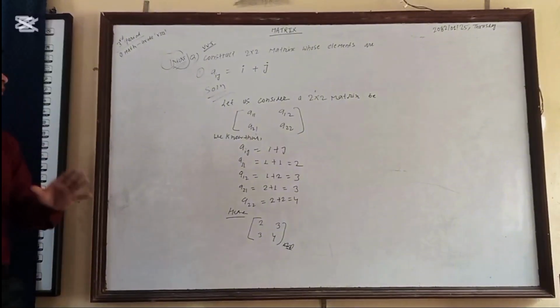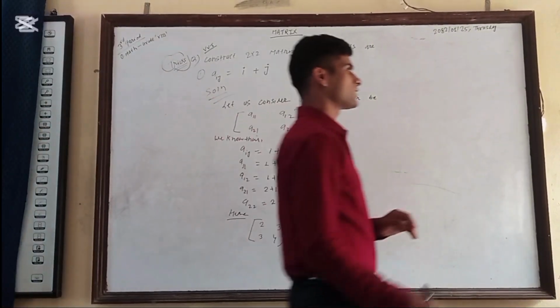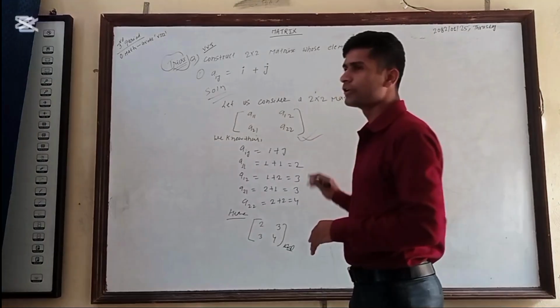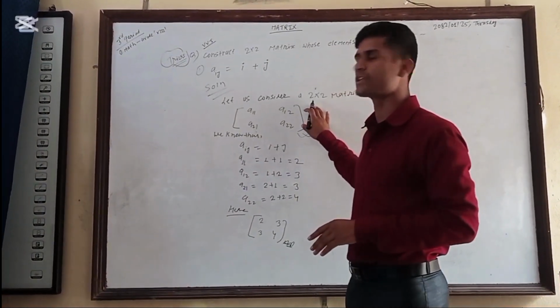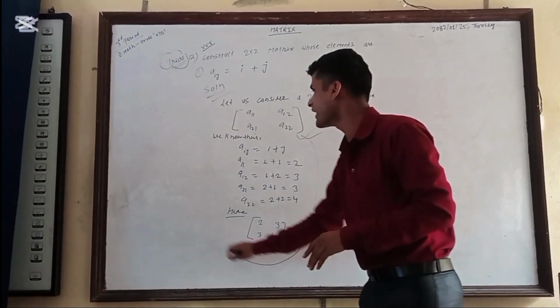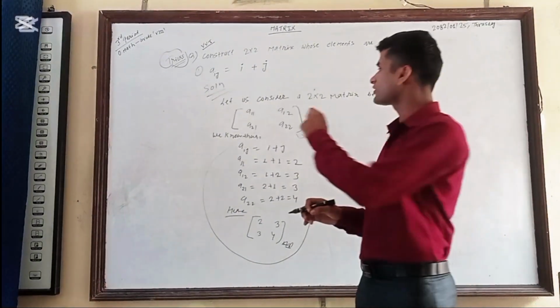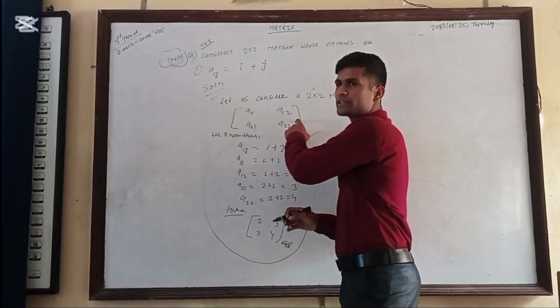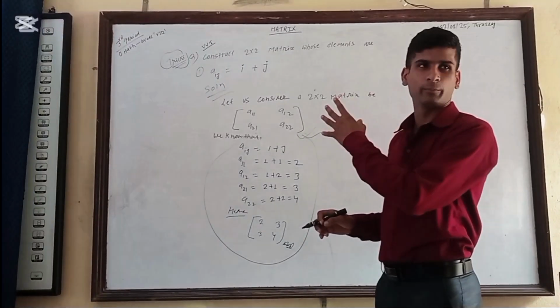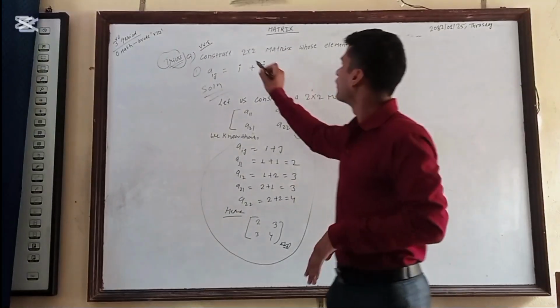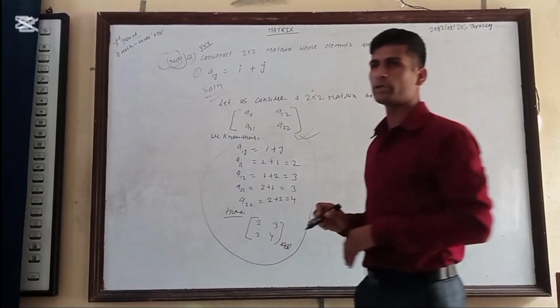Now see here, I give you a trick: if you construct this, then you can solve all of these. So first of all, to construct these elements, we have to look at the board. I will give you a small trick. See here. What is your 2 by 2 matrix?